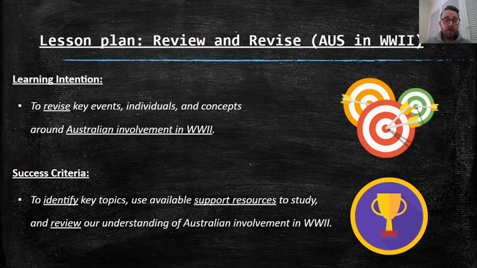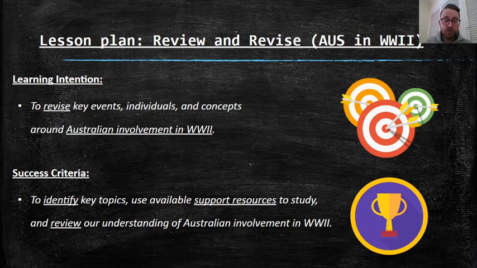This lesson, this double period, we are looking at reviewing and revising for the CAT. So you're reviewing and revising Australian involvement in World War II, key events, individuals, and concepts from that part of our World War II unit. Success criteria is to identify key topics, use available support resources to study and review our understanding of Australian involvement